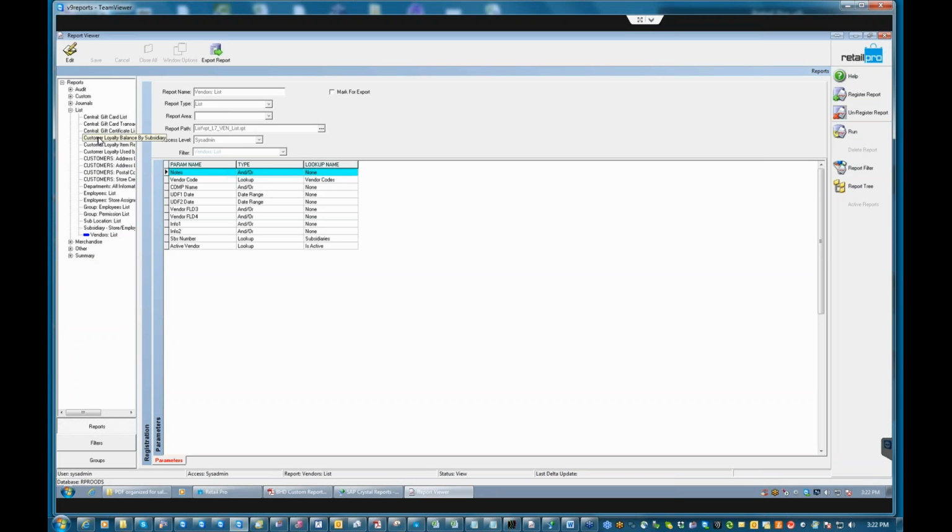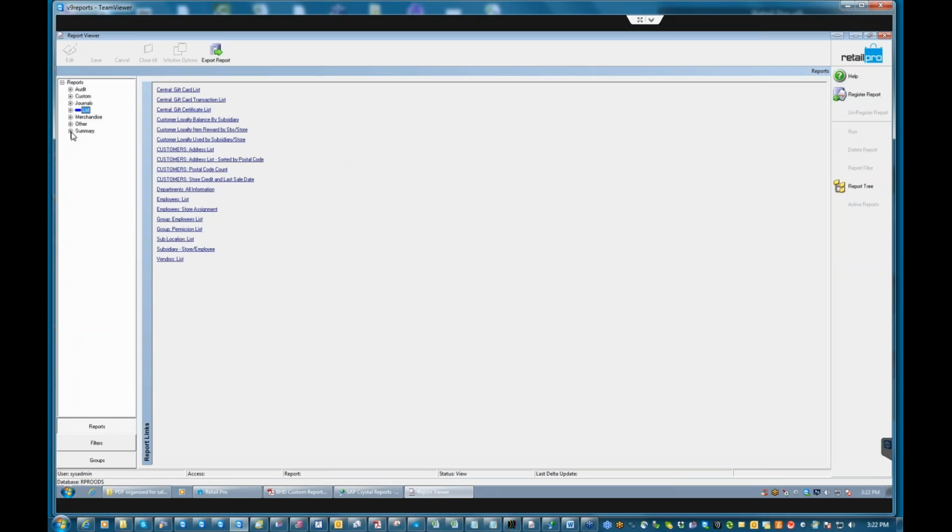Okay, so these are pretty standard type things. There's a couple of things: customer store credit and last sale date. That could be of interest that you run from time to time. But most of these are just static information, no merchandising involved, nothing like that. All right, so the next level up from that, I'm going to click on this and close the list,